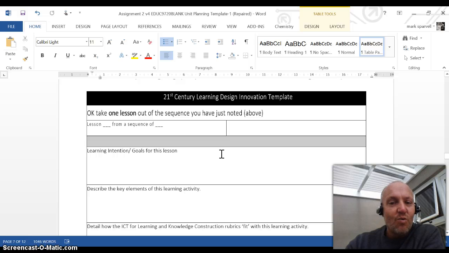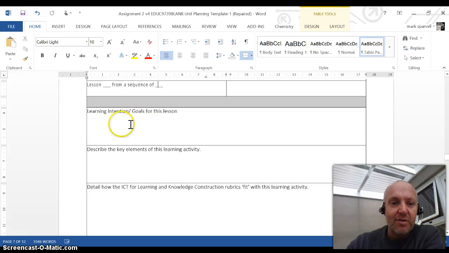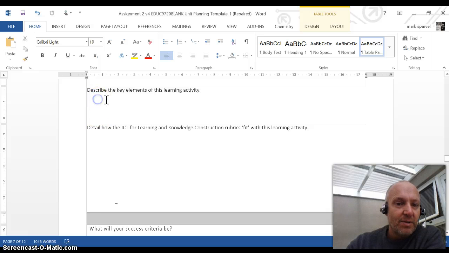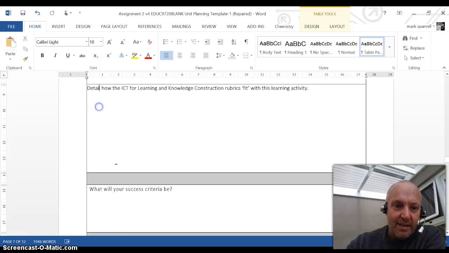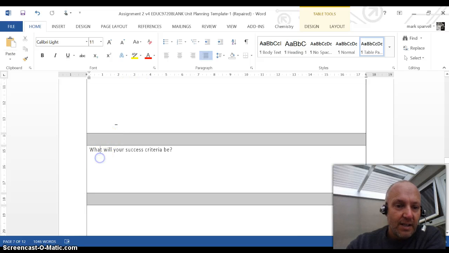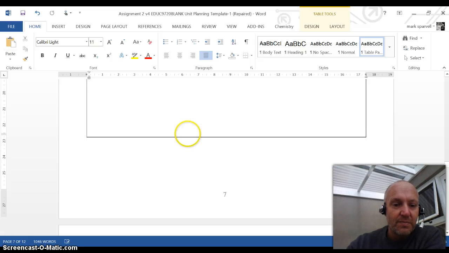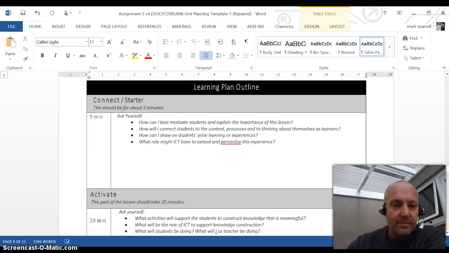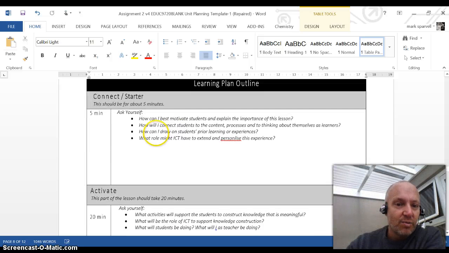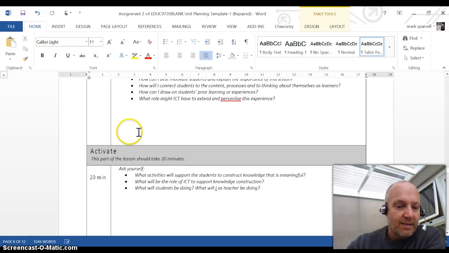Then you take out one lesson. And this is lesson 2 from a sequence of 5. Here's what the goals are for my lesson today. Here are the key elements of this learning activity. Here's how ICT for knowledge construction fits in with this, ICT for learning and knowledge construction. Here's what I'll know is happening to indicate the students are being successful. And then we've got a really simple lesson plan template. Okay, so it's got a tuning in, and activate